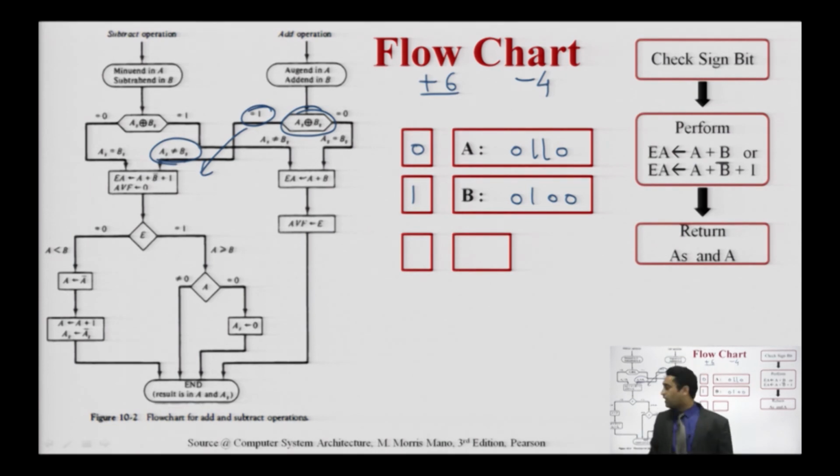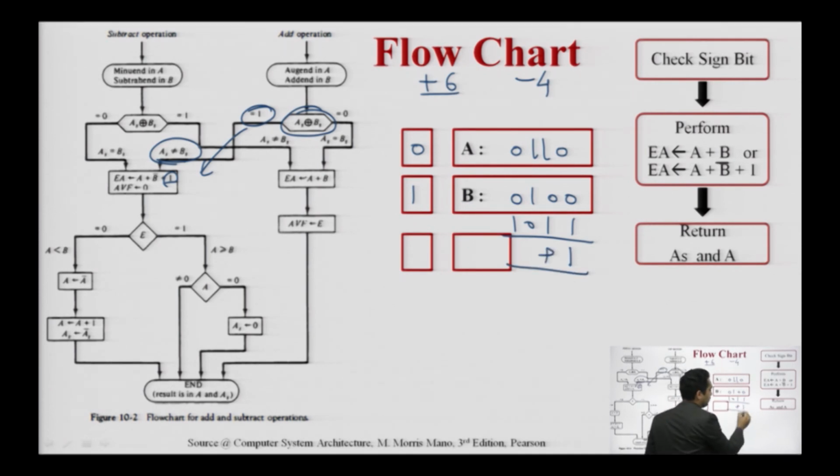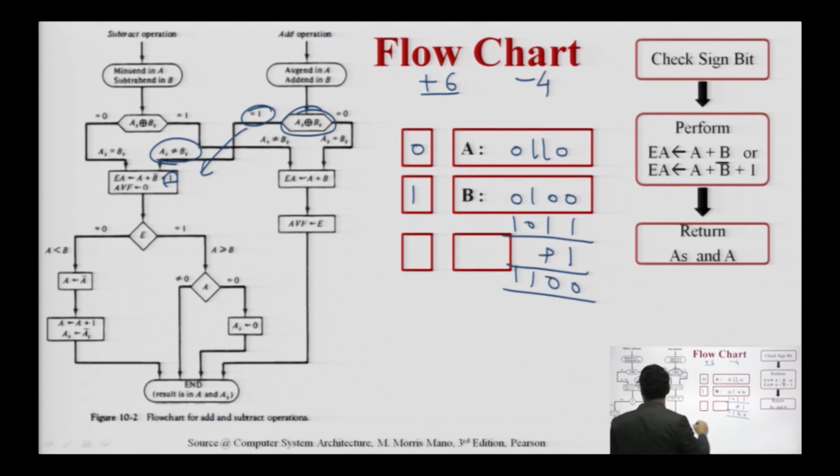So what is happening here? We are performing A plus B complement plus 1, meaning the complementer circuit is used here. So we are taking a complement of this. Complement means the bits will invert, and we are also adding 1, 0 0 1 1. So this is the value which is computed, and now add with A. So this value and this value are going to be added.